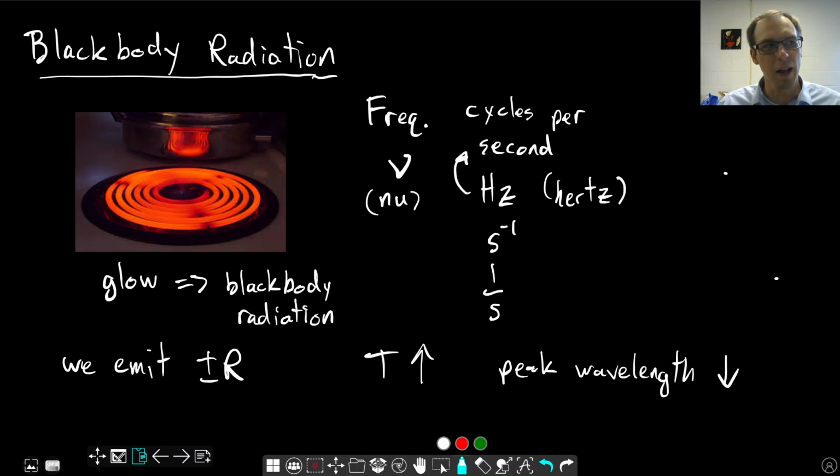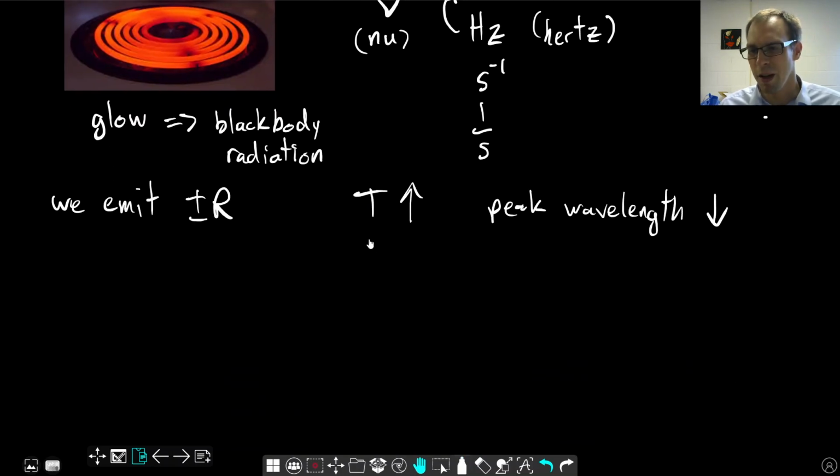What does that mean? It means the color of the light changes as the blackbody you're considering gets hotter and hotter. That's why we emit infrared light, because we're not as hot as the stove. We don't want to be that hot. We're around 98.6 degrees Fahrenheit,